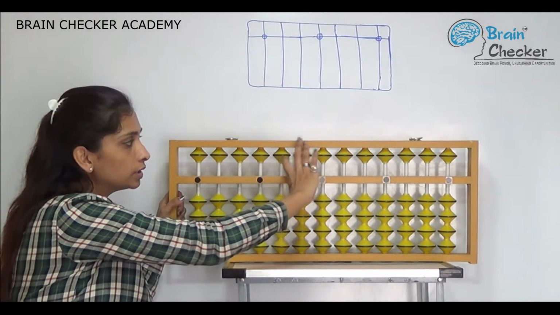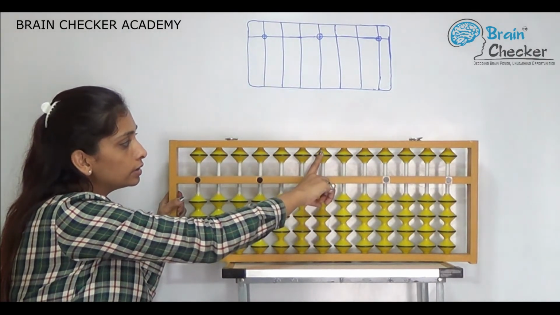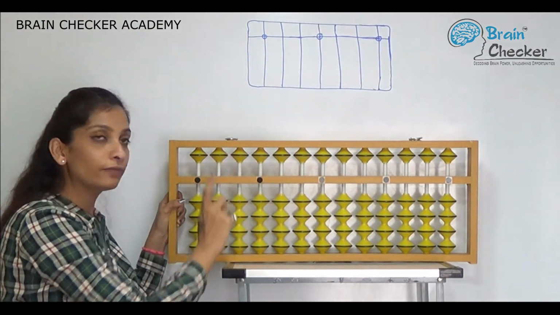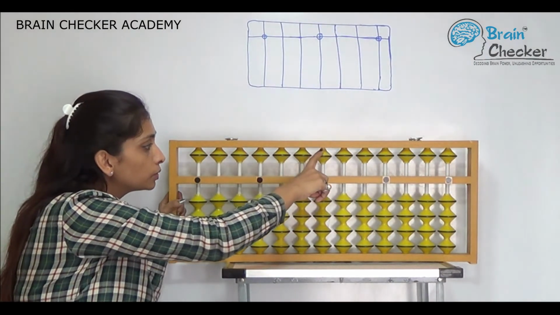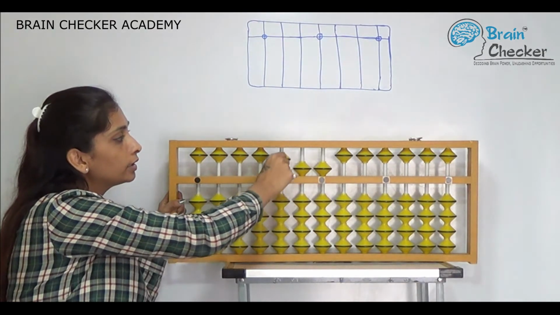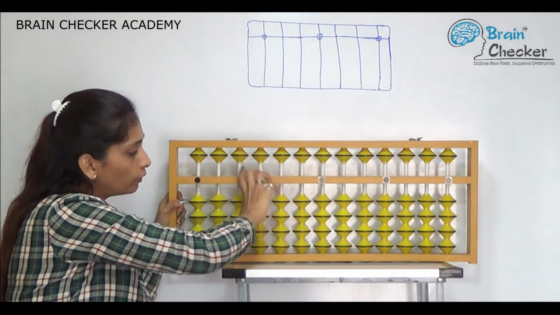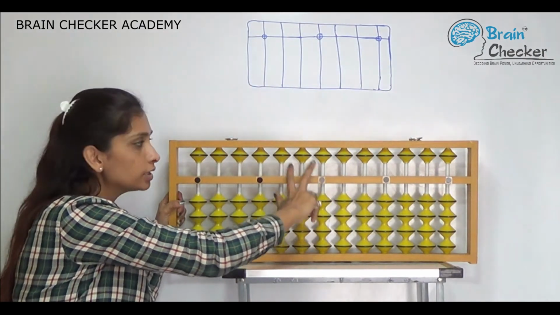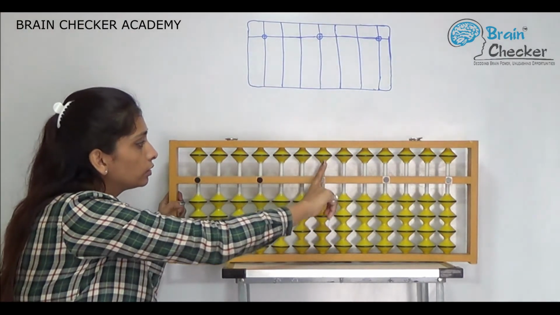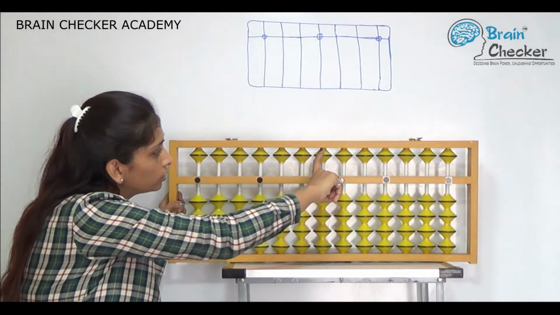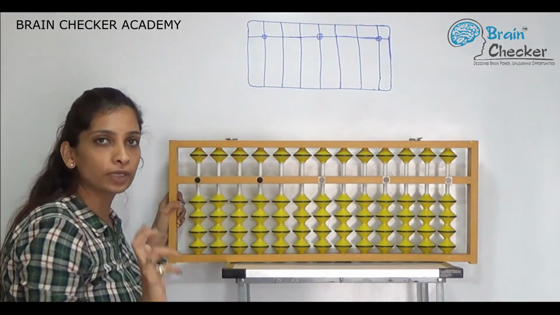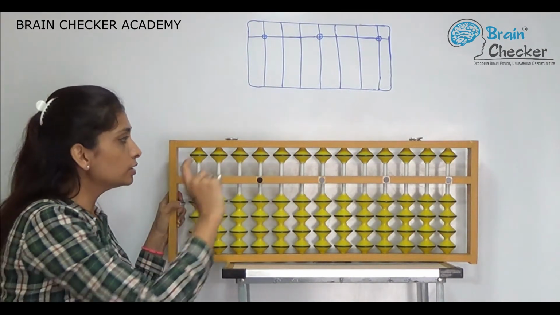Once you understand this, these are the upper beads and the lower beads. Now they have a value, but only when a bead touches the middle bar. When any bead touches the middle bar, it creates value. So now, all beads are not touching the middle bar, so everything has a zero value. If I am using this bead, I cannot use it with any finger. We have fingers to use this abacus.